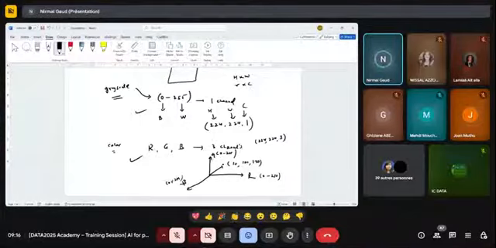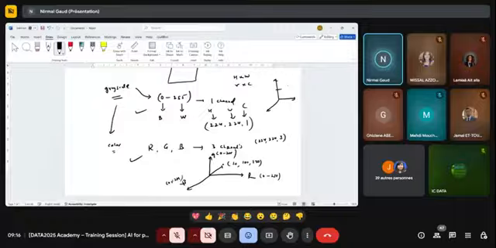Because it's a 3-color channel, RGB. Got it? And if you want to convert grayscale to color, you have to duplicate one channel into 2 more channels. That means if you want to convert a grayscale image into a color image, then this is also 0 to 255, this is also 0 to 255, this is also 0 to 255. That means the same information I will project on this axis also and this axis also. Then a grayscale will be converted into a color image.